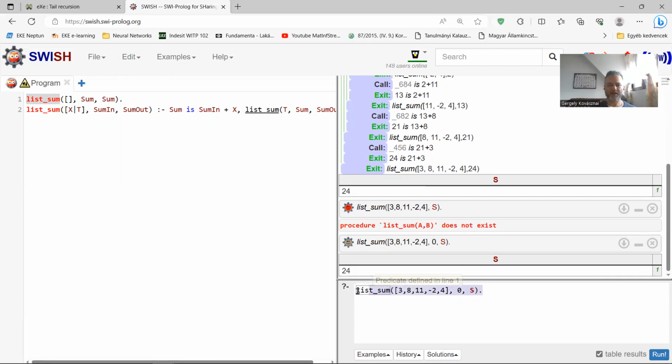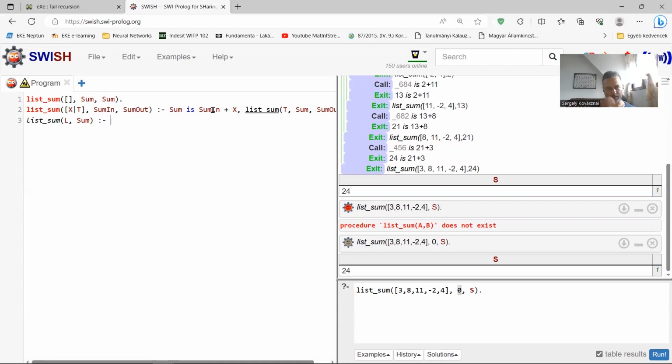Actually, it's kind of inconvenient to pass 0 all the time when you are calling the predicate from a query. So we can just create a new rule. This is a neat trick. This is a general rule. You introduce a two-arity predicate, which takes a list as an input and returns a sum as an output.